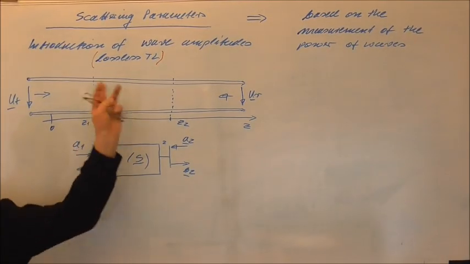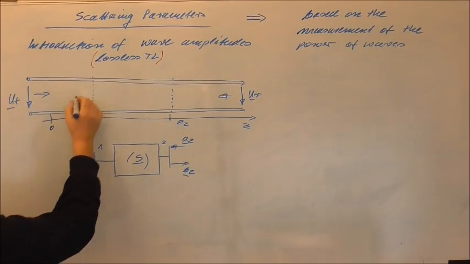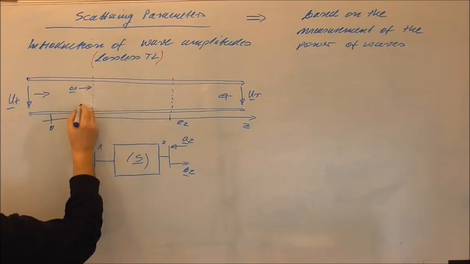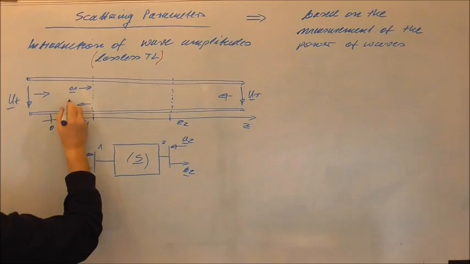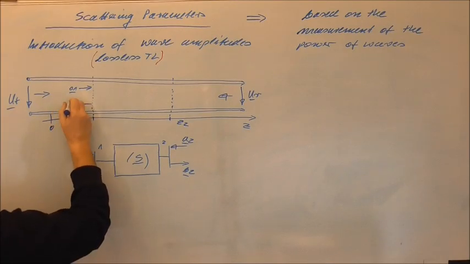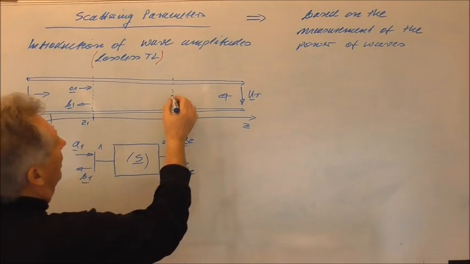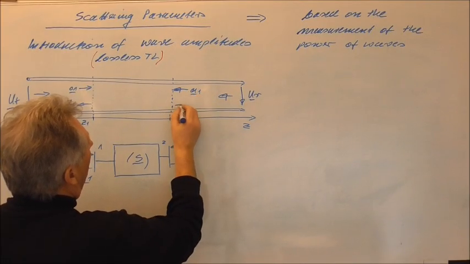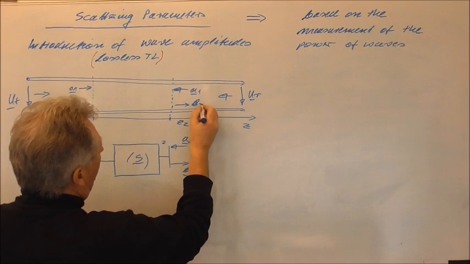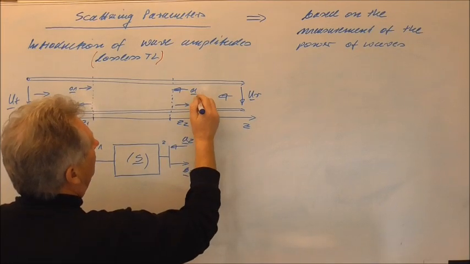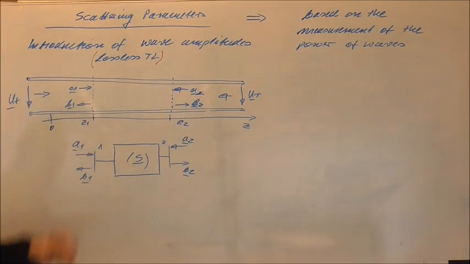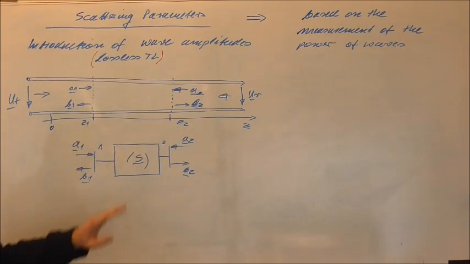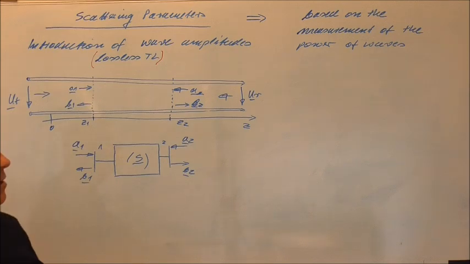But these amplitudes also will exist on the transmission line, so we will have here the wave amplitude A1, and also here we will have the wave amplitude B1, and again here the wave amplitude A1, and here the wave amplitude B2. Of course, here it must be written A2. So these are the wave amplitudes, and I said already that these wave amplitudes are based on the measurements of